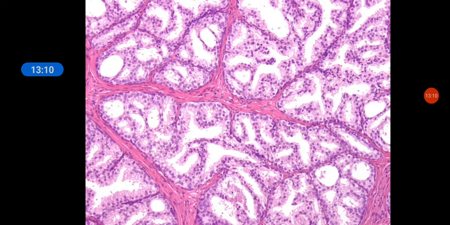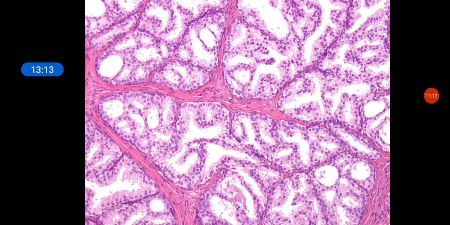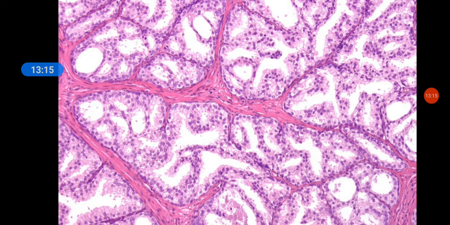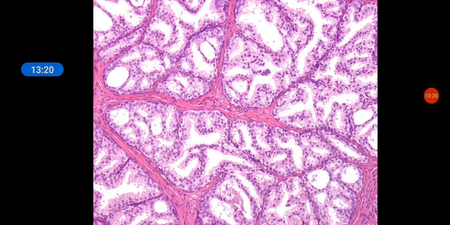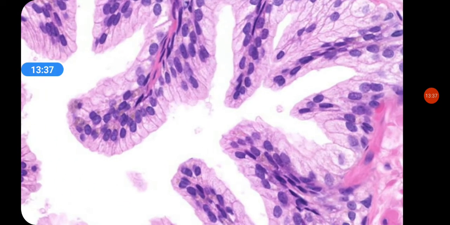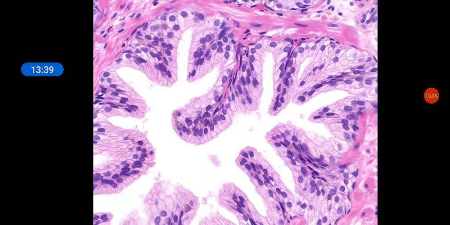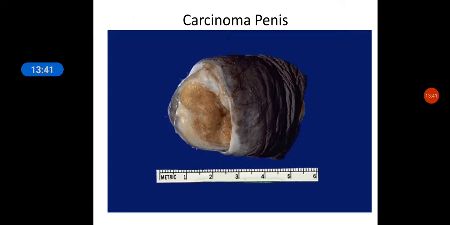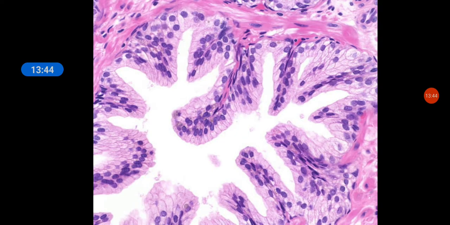Only if the smooth muscles are proliferating, the intervening pink area will keep on proliferating. The muscle will keep on proliferating. If it is the stroma which is proliferating, the fibroblasts will keep proliferating. So it can be any of these three, right? This is the gland, another high power. Now you can appreciate the inner tall columnar cells and the outer flattened or cuboidal cells.